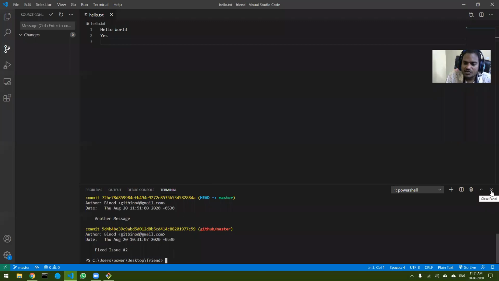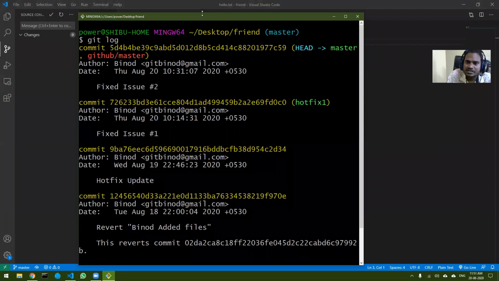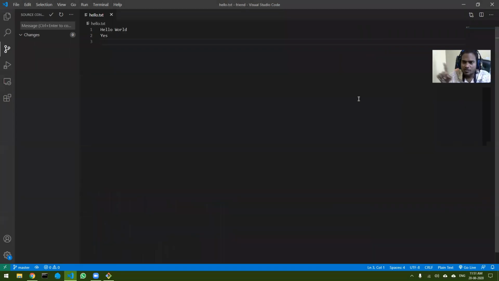All these things you will learn as and when you start developing, and you will get used to it. In fact, I never use git bash. Once I open my Visual Studio Code, I don't switch to anything else unless I want to check something in the browser. Otherwise I am always on this software only, because everything is there inside it.